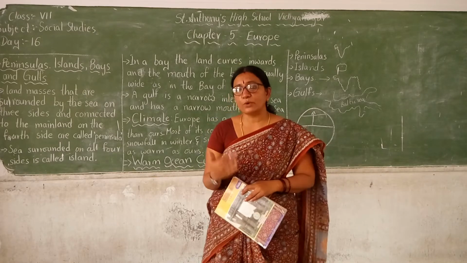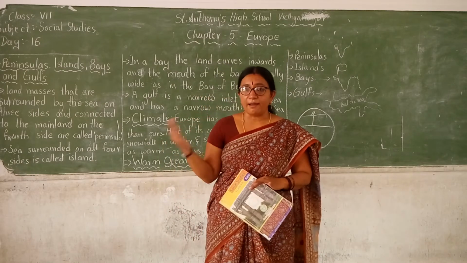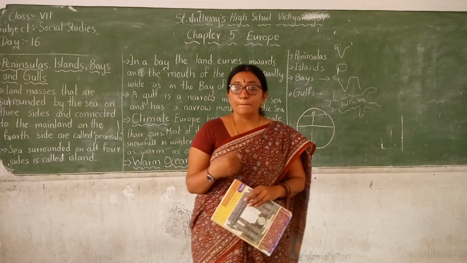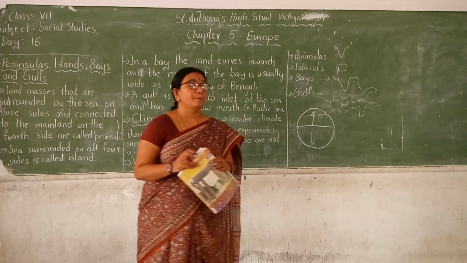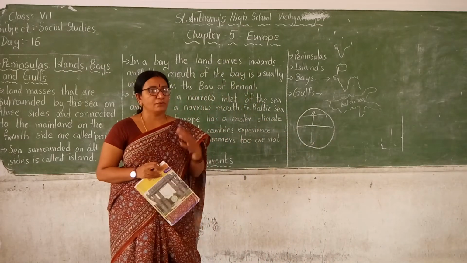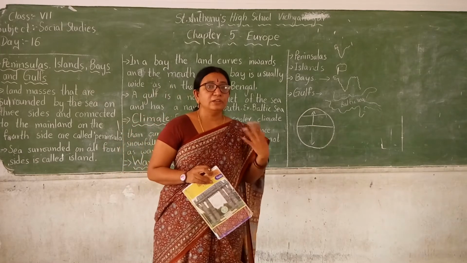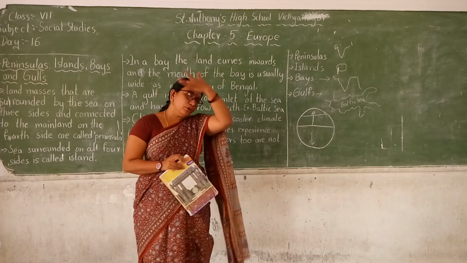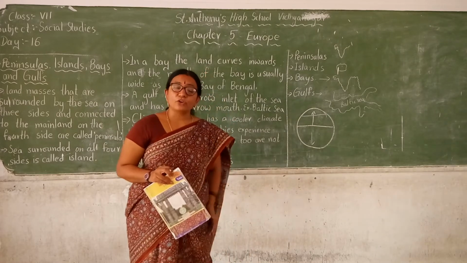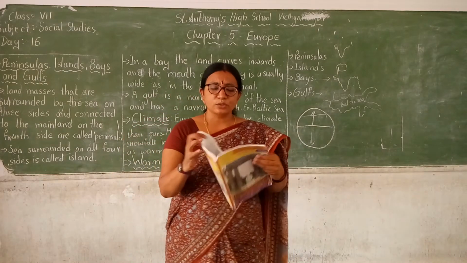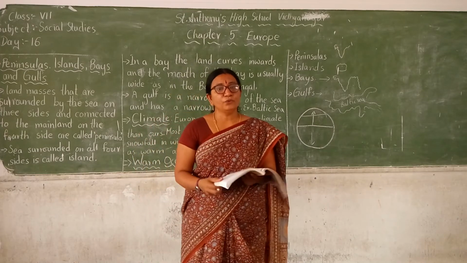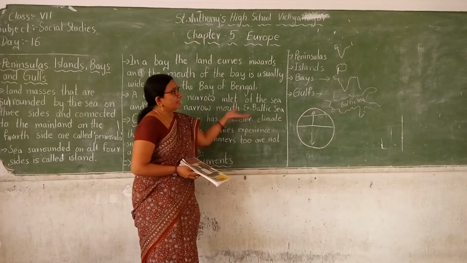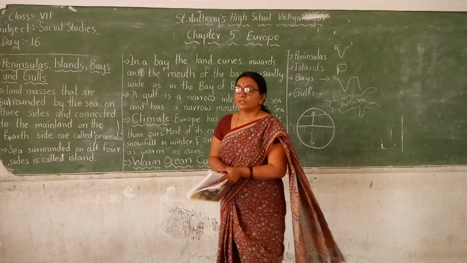So that is also one of the reasons there is a large scale fishing industry in Britain. Britain is very famous for its different fish products and fish industries, and they are not only used by them, they are transported to other countries. So this is how the life of Europeans depends upon the climate and the land of Europe.